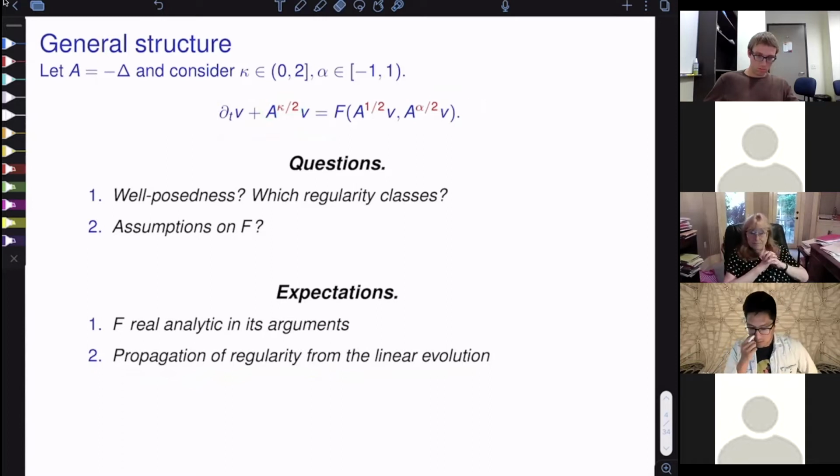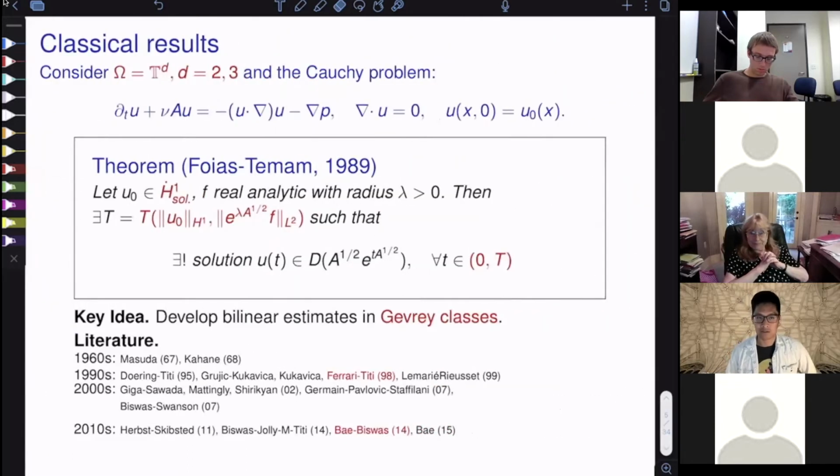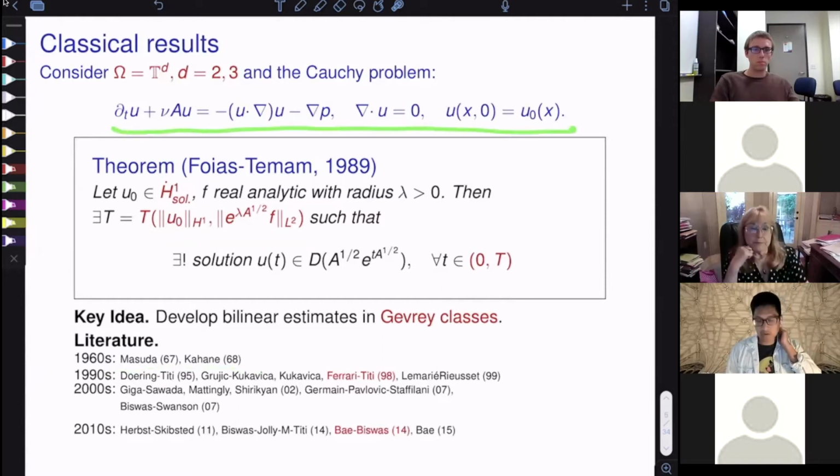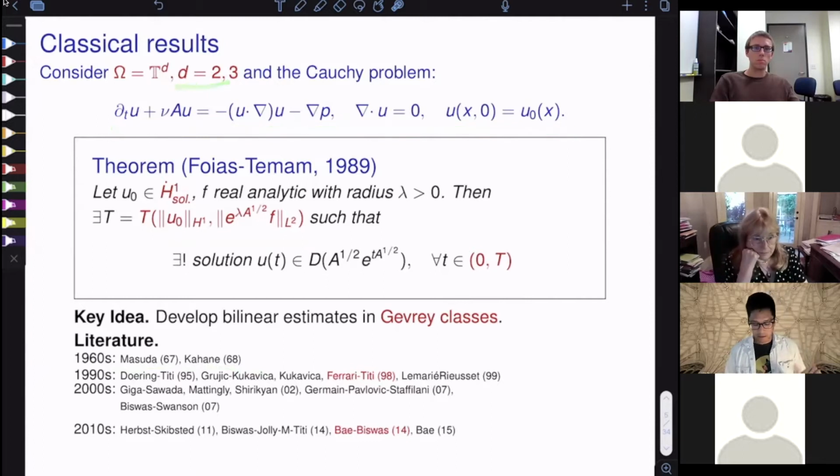Okay, and so these basic questions were studied in the case of the Navier-Stokes equations as far back as Foias and Temam. There were others preceding Foias and Temam, but I want to bring up this particular result because I'm going to be talking about Gevrey regularity. So here are the Navier-Stokes equations, and I'm sorry, I don't think I mentioned this earlier, but the domain I'll be working in will be R2 for the entire talk when it refers to the GSQG equations. So in this case, if you consider just the periodic box briefly, then